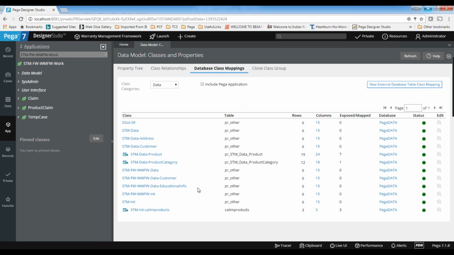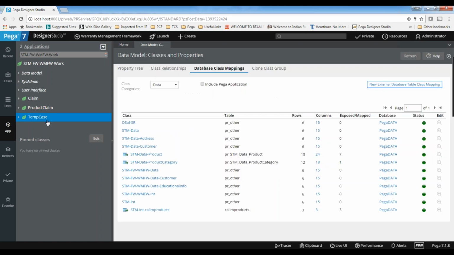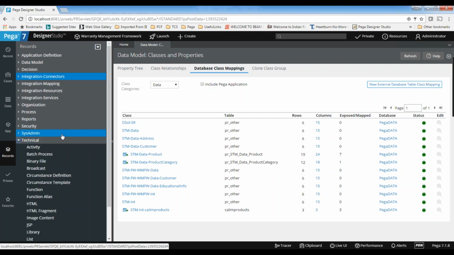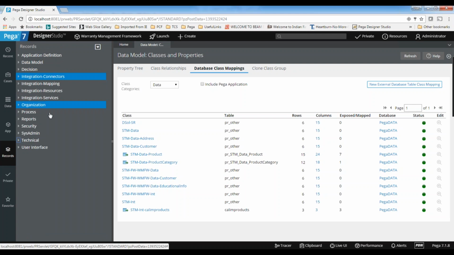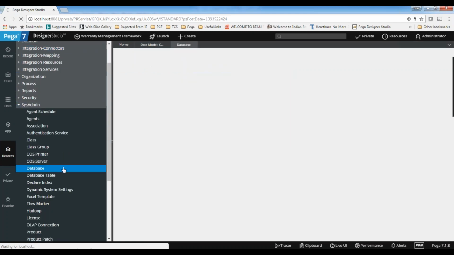Yeah, you can connect, but at the same time, that should be running in the same server. While we are mapping the connections, it's asking for the database name only. If you click the down arrow, before that, you can create one database connection under technical.